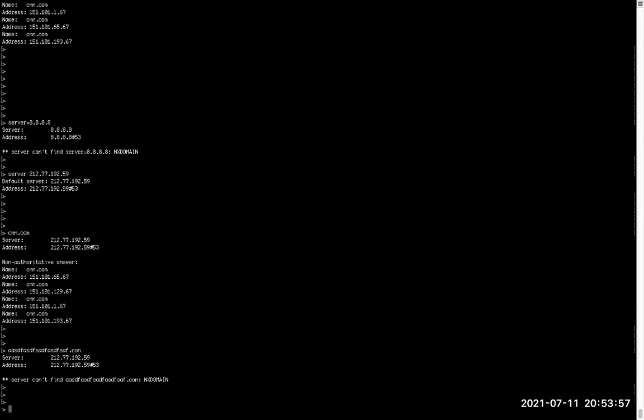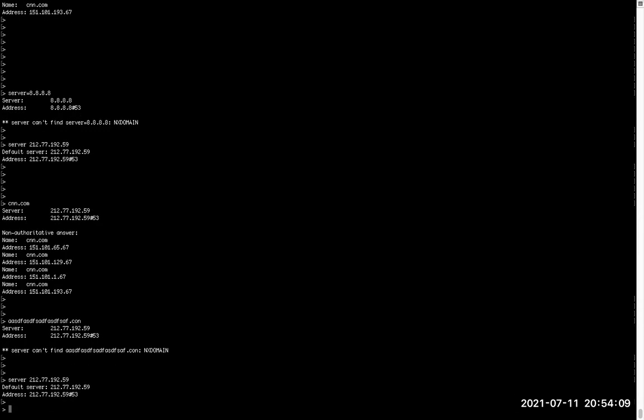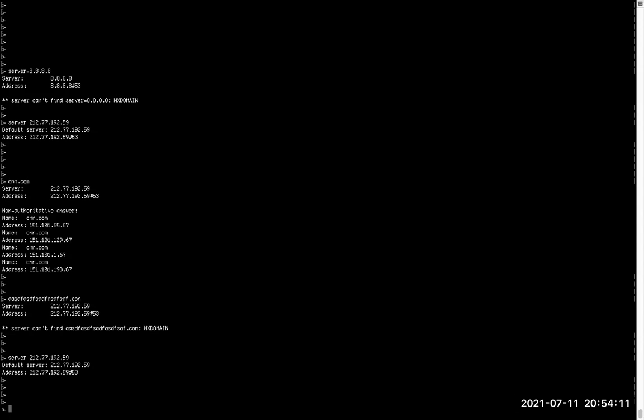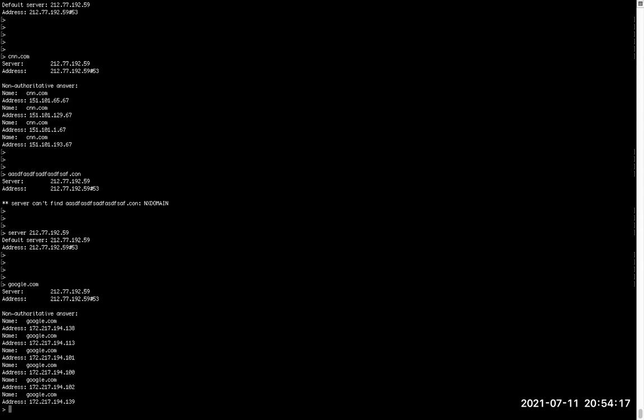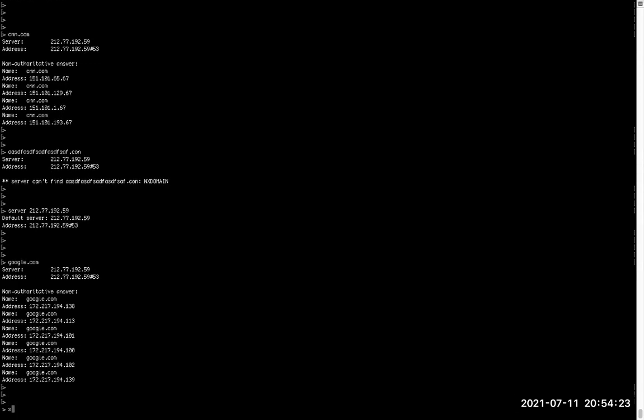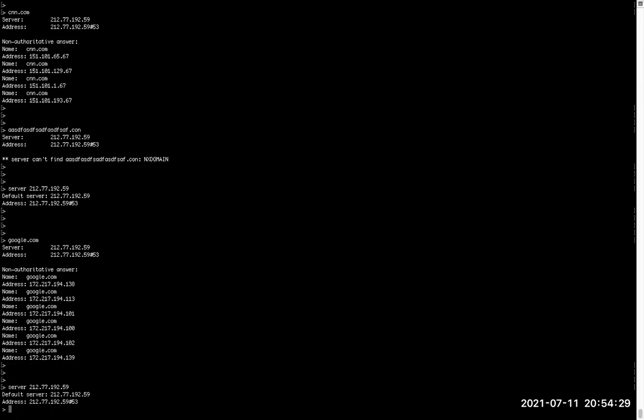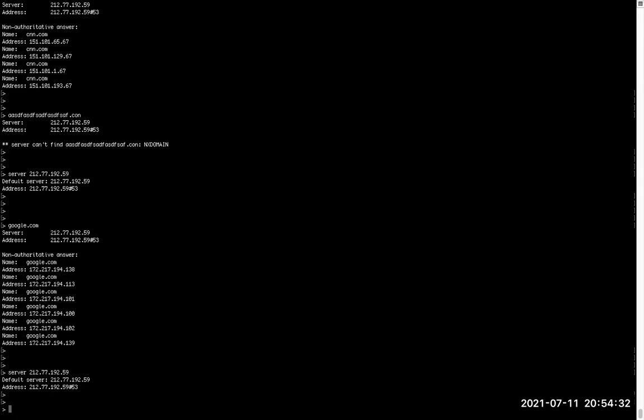You put forwarders. Okay. Now, if you are not getting it on your server, at the same time you can type server 212.77.192.15, and then you will get it there. That means the domain is available on the Google server. If you want to check it on the Ooredoo server, this is the Ooredoo server. I think most of you are familiar with this number. So it is available there also, but it's not available on your server. That's basically the reason: you don't have forwarders.